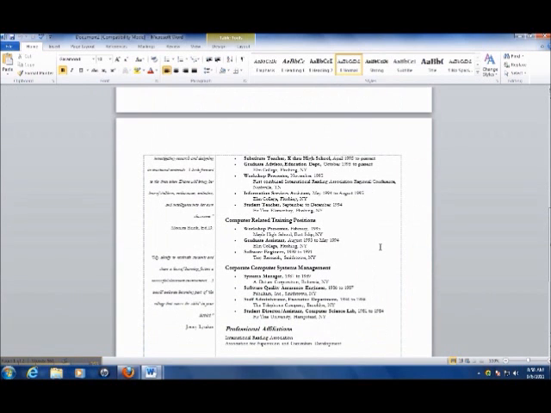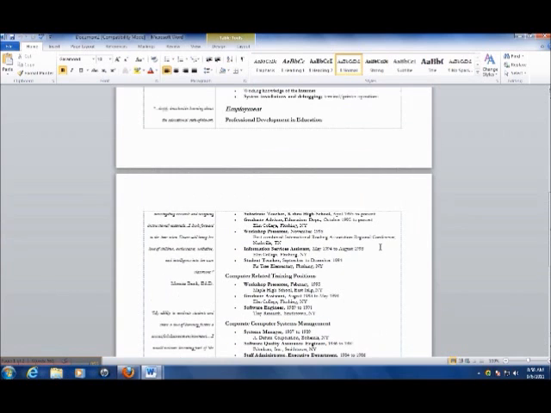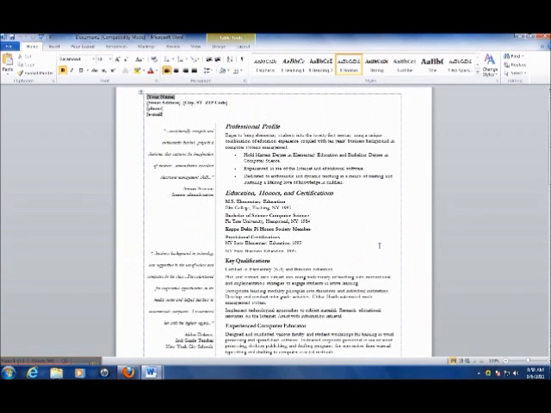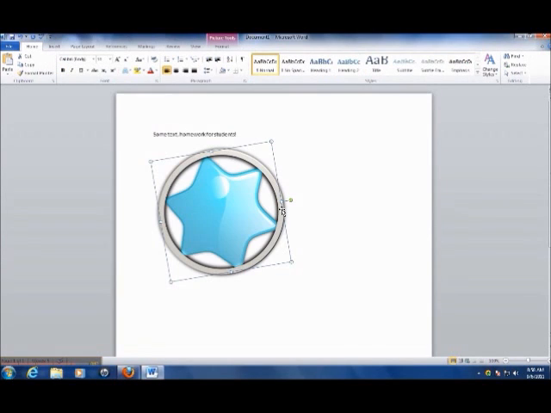It gives me an idea. Maybe I like this layout, or maybe I don't. But it gives me somewhere to start if I'm not sure where to start with my resume. And you can just save this as is, and it tells you what you should be adding where. Right, you should be adding your name here. Right, I'm not going to save this document either. If I go back to this document,